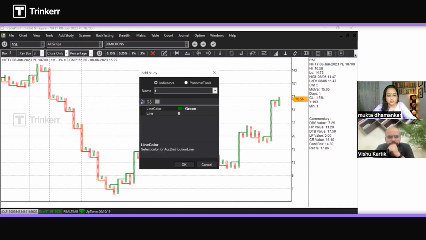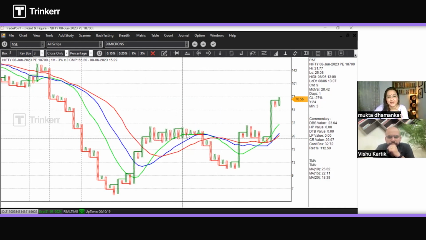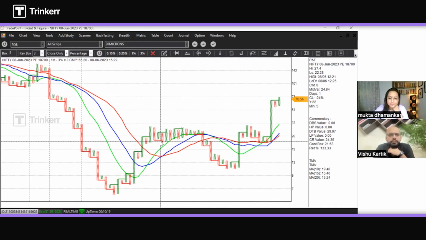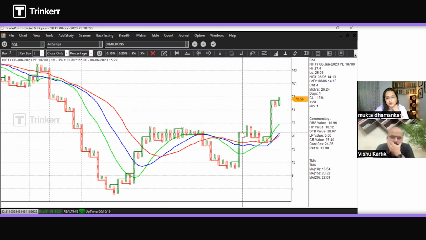I don't use a Musk cloud. The triple moving average gives me a trading idea as to which side the trade is catching up and which trend is catching up. So here you can see huge bullish anchor columns giving you that double top buy. And then again, you can keep trailing your stop loss. Again, a double top buy happened, a huge anchor column happened, and eventually the prices continued in the bearish direction